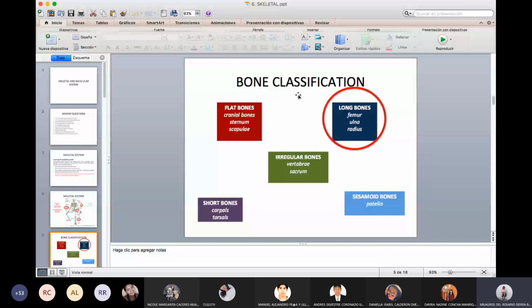And some anatomical landmarks of the long bones. For example, diaphysis is the shaft of the long bone, so this. The epiphysis here. Remember what is,